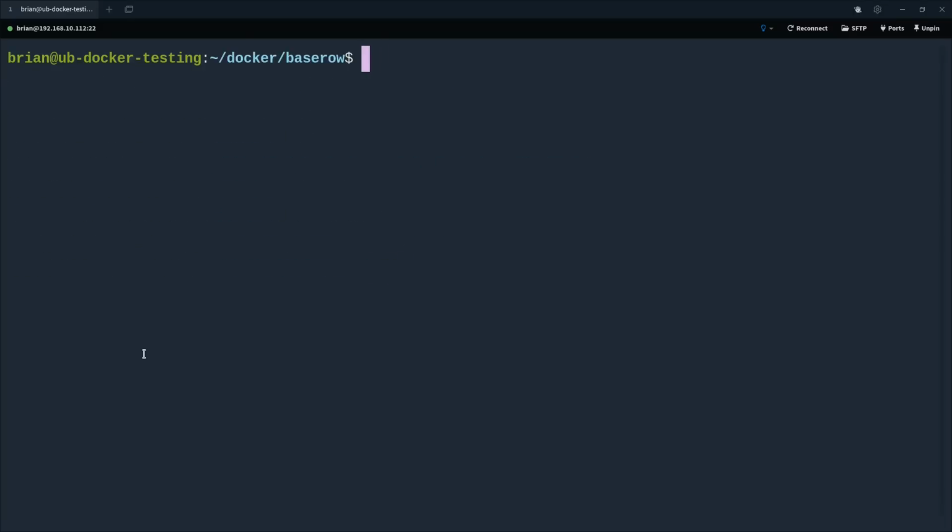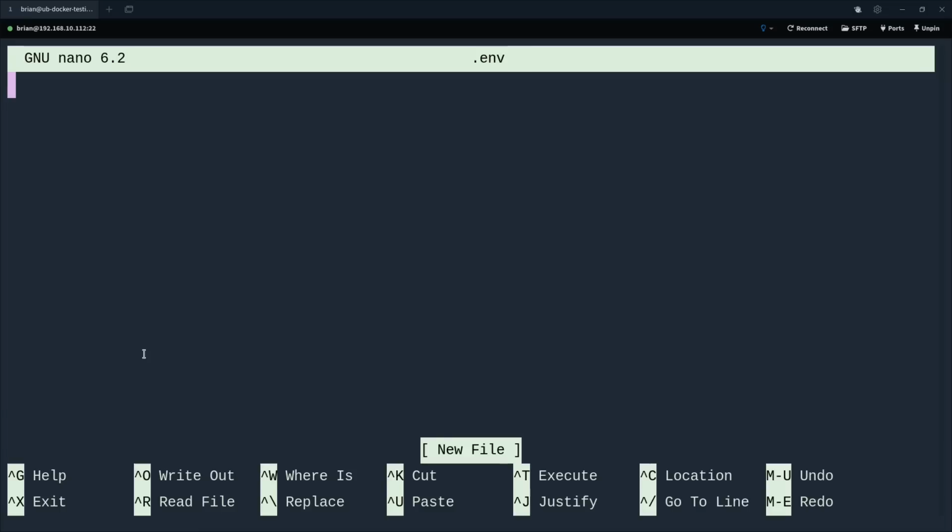I'm going to do nano now, nano, and we're going to do .env. So this is an environment file. It's a hidden file. So when you create a file with a dot at the beginning of the file name, it'll be hidden from view when you just do the regular ls command, or if you're looking at it through a graphical user tool, you'd have to switch on something to show you hidden files, basically just like in Windows